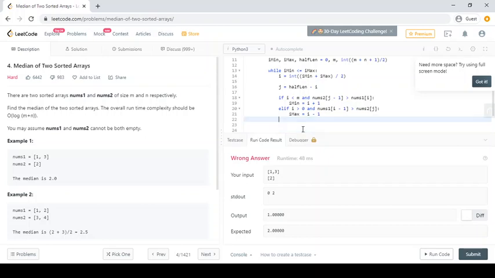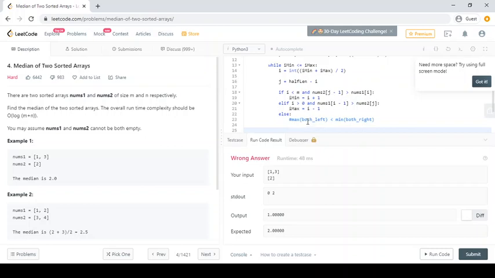Now we are calculating. If both conditions are good, then the max of both left arrays is less than the min of both right arrays. So now we will take max of left.